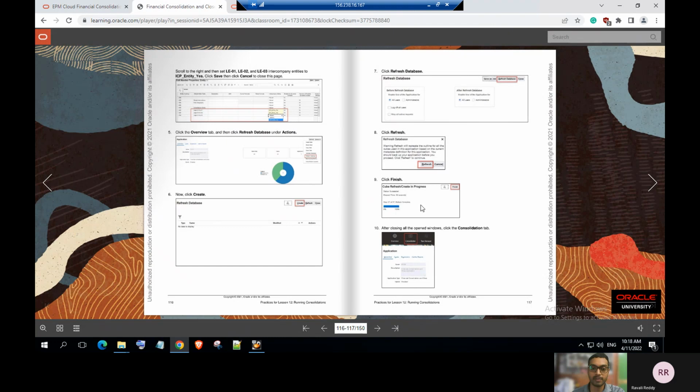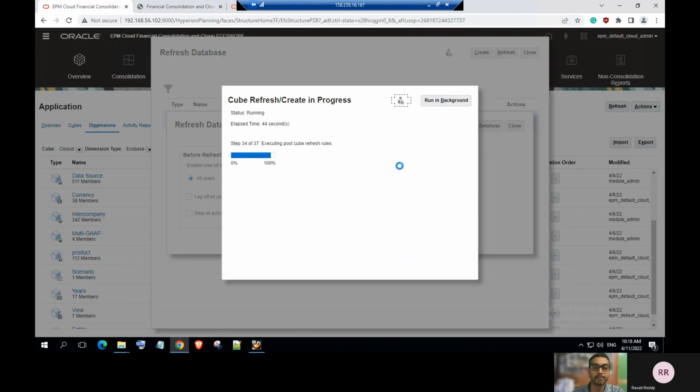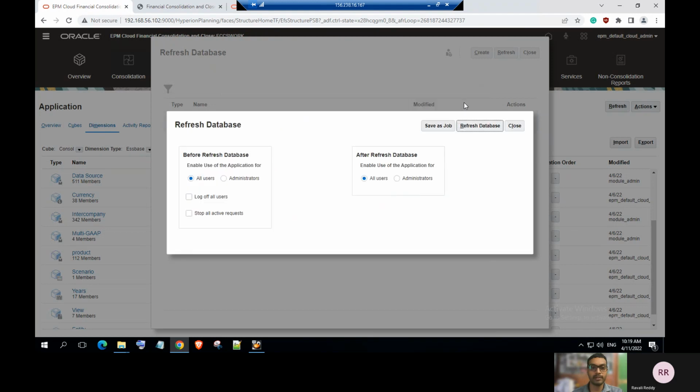After the database refresh, we will close all open windows and go to the consolidation tab here. The database refresh has been successfully done here. Can close,